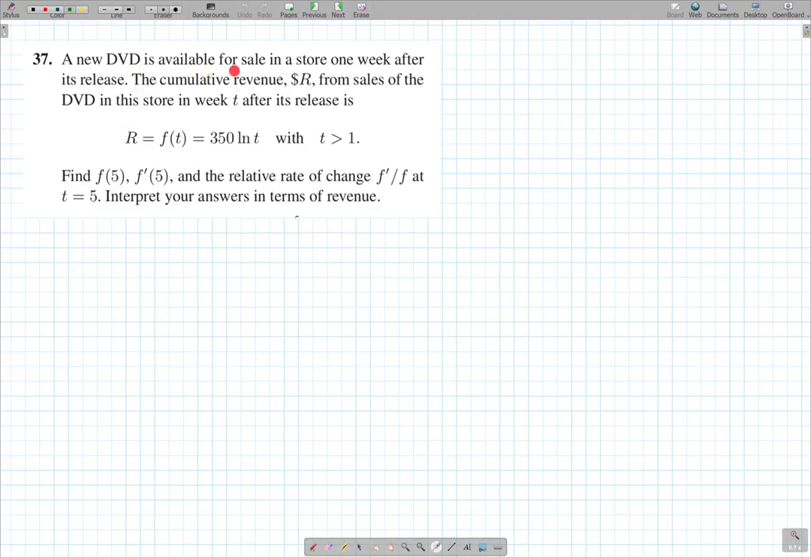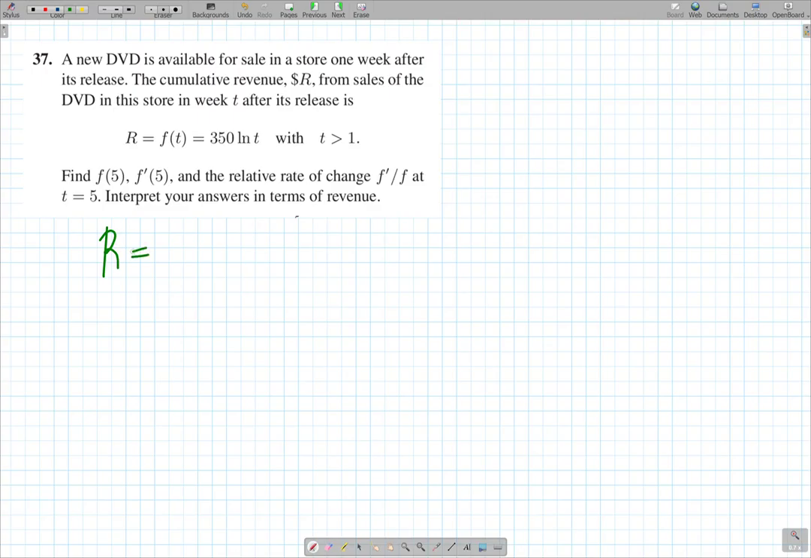A new DVD is available for sale in a store 1 week after its release. The cumulative revenue R from sales of the DVD in this store in week T after its release is R equals F of T equals 350 ln of T, with T greater than 1. Find F of T, find F of 5 and F prime of 5, and the relative rate of change F prime over F. Okay, so if we look at the given equation,